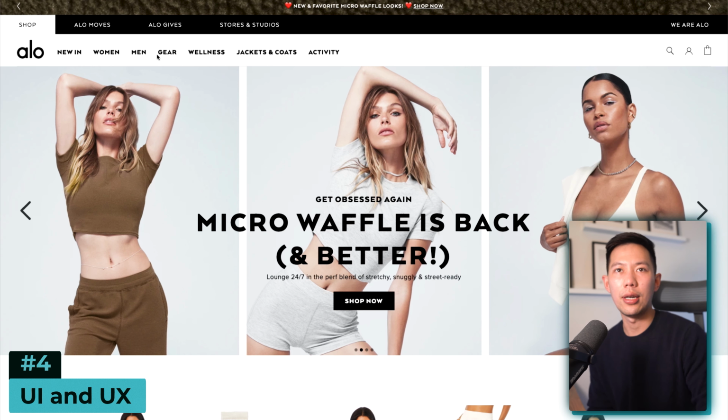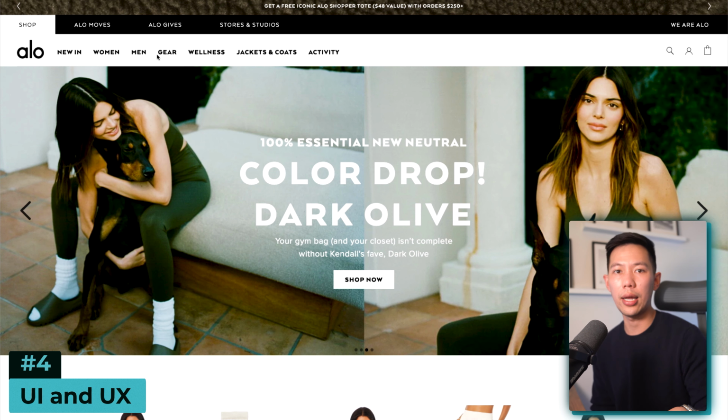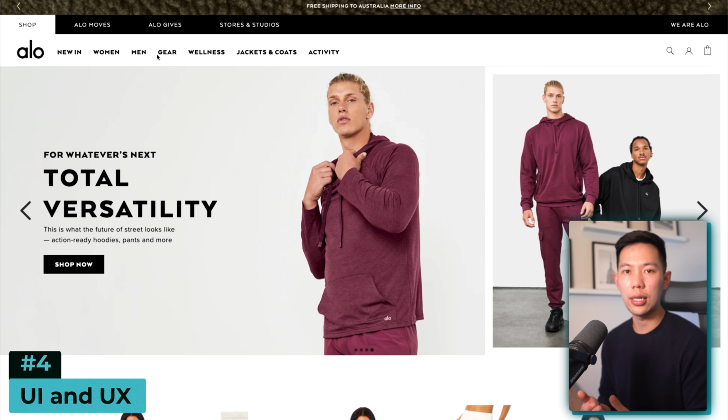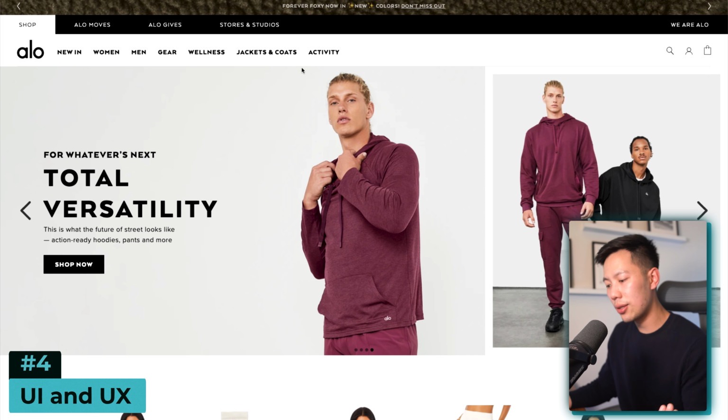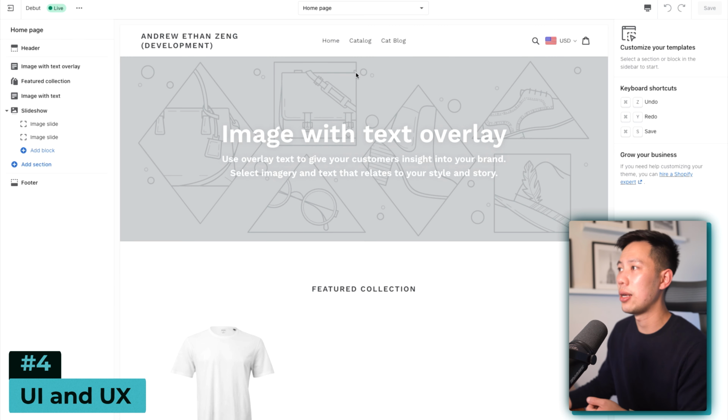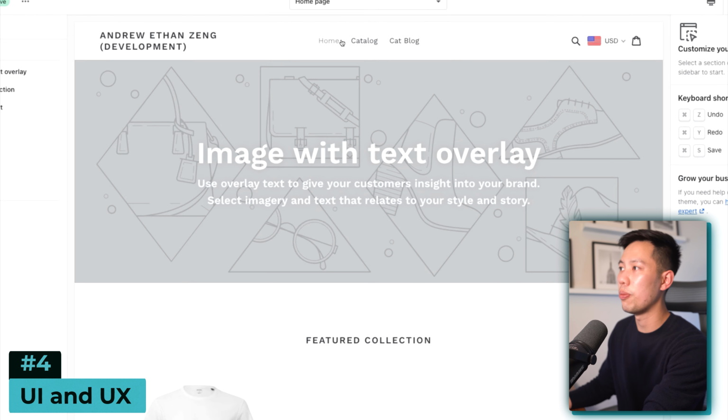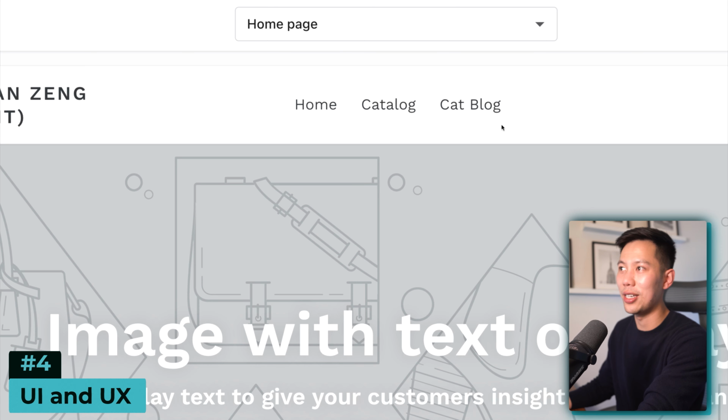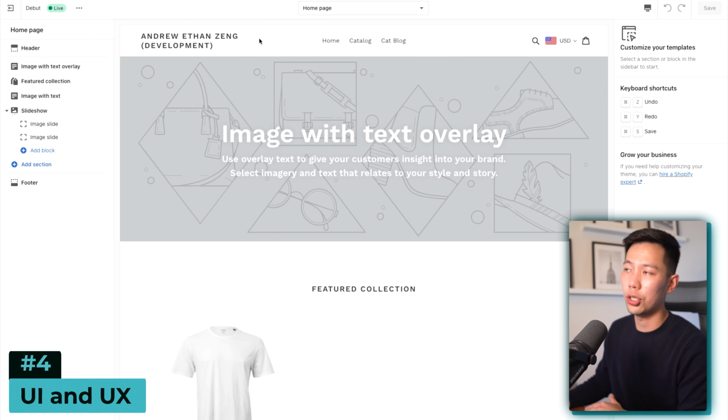Something that I've recommended in the past is that you create a mind map first of all your products and see what slots into which menu and what makes sense. And make sure that you build that out. You take the time to build it out on the Shopify backend, and you don't just have random menu bars floating here, as you can see in my demo site. And then once you've built out your structure,